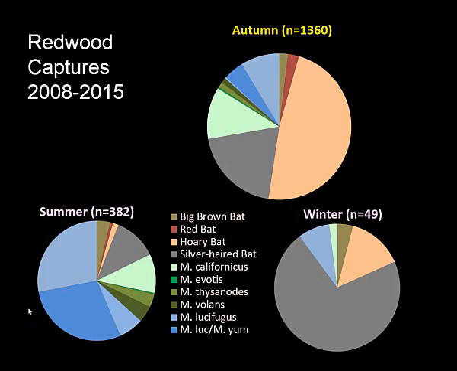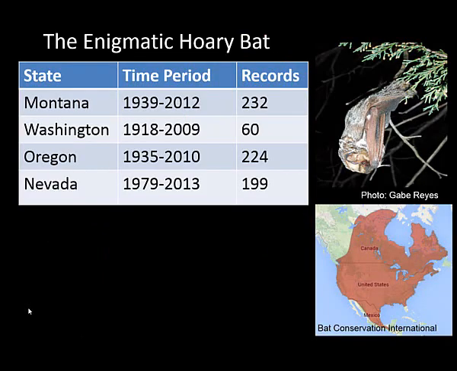But there was a positive outcome, because it was in that same fall of 2011 that we discovered we could catch large numbers of hoary bats in the redwoods, represented in the orange here. It's to the point now where this is actually a regular pattern. People ask me, what do you know about bats? And the thing I'll tell them is that the only thing I really know is that if it's the first week of October and you come to Humboldt Redwood State Park, we will catch a lot of these bats. And I think that's notable even to most bat biologists.